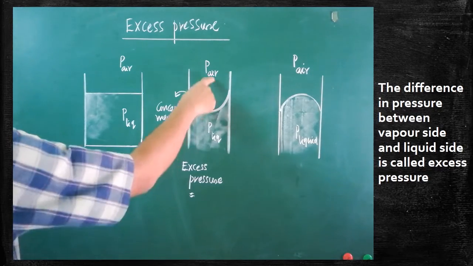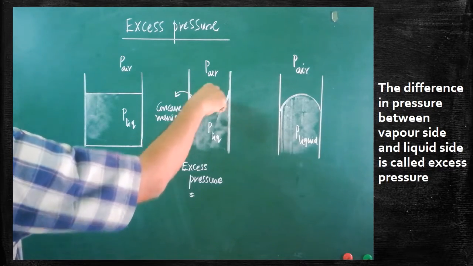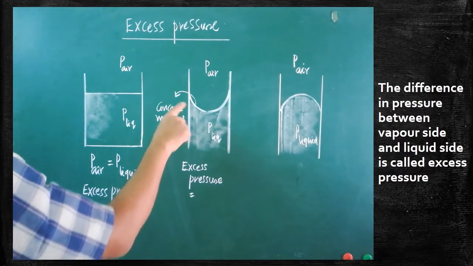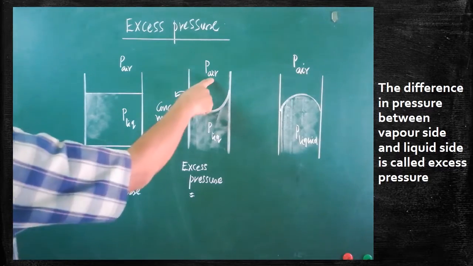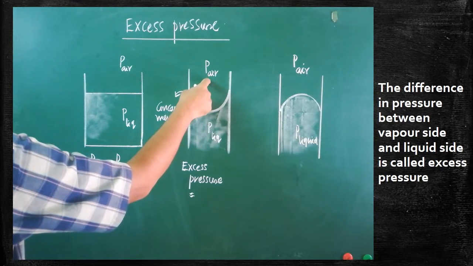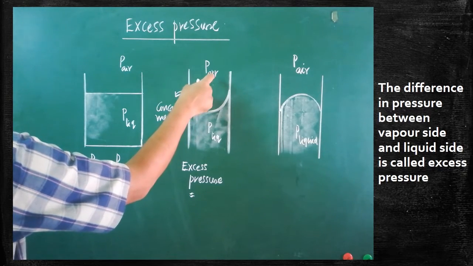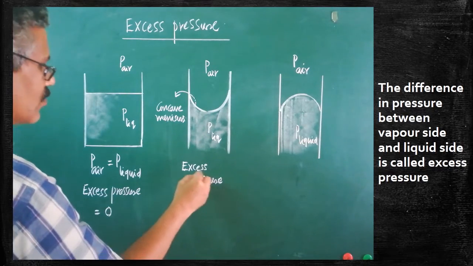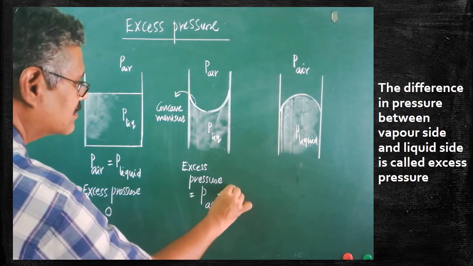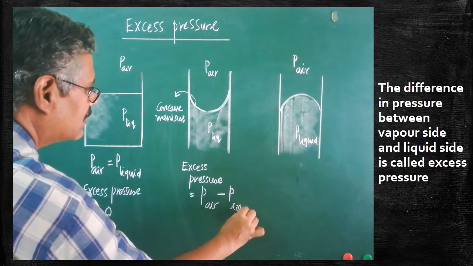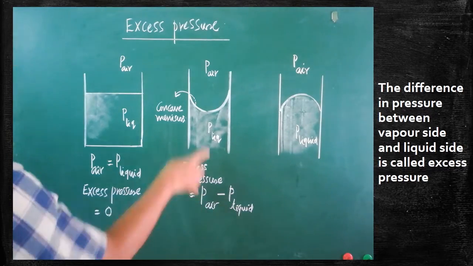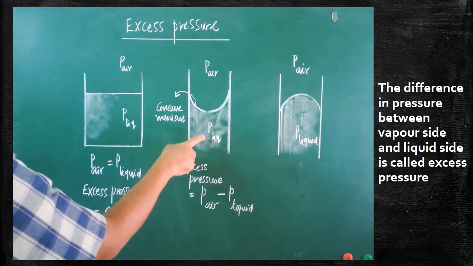Are you clear? The excess pressure acts on the concave side. Always the excess pressure will be greater only on which side? The concave side. The pressure is more on the concave side. So here on the concave side, which medium is there? Air medium is there. That one applies more pressure than the liquid. Therefore, how to calculate the excess pressure? Pressure due to air minus pressure due to liquid is to be calculated. That difference gives you what? Excess pressure. So which pressure is greater? Pressure due to air is more, pressure due to liquid is less.